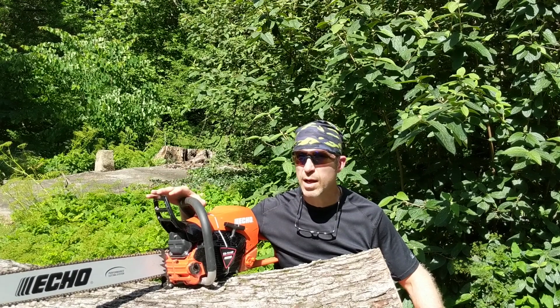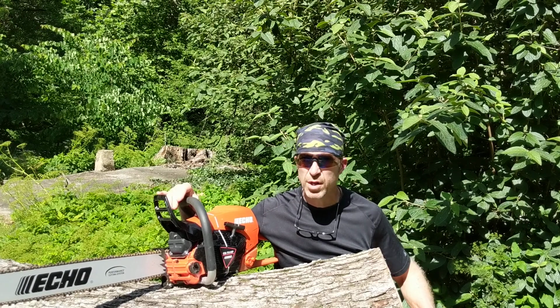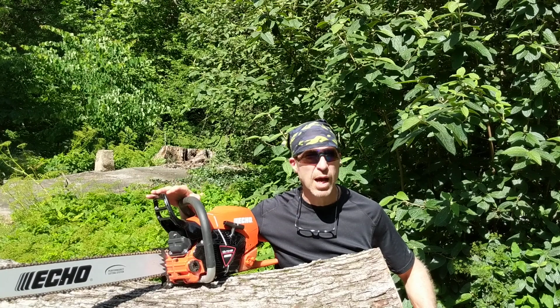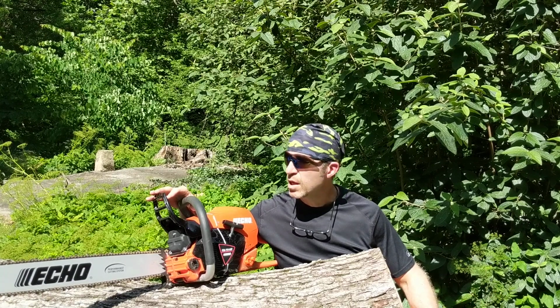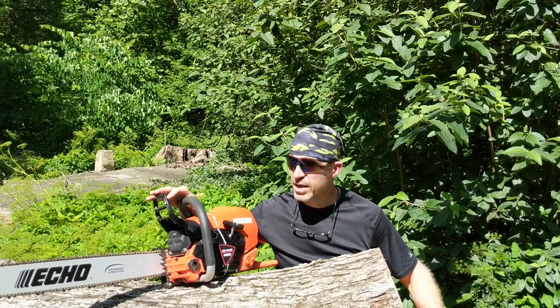I think this is good. Even though I've got a ton of chainsaws, I'm really starting to question, for the amount of cutting I do, which is a lot, but it would not be the amount that a professional tree cutter would be doing, where every day they're running their saw for 6 or 7 hours. I'll run this saw for maybe 2 or 3 hours at a time,